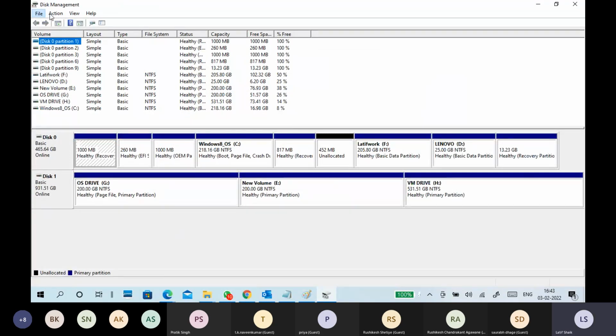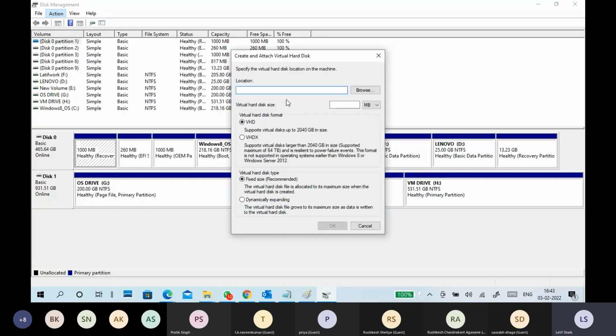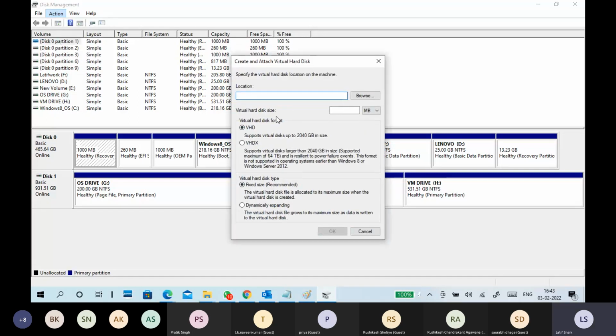Now go to Action, Create VHD, and click. What is the format? VHD or VHDX. Fixed size or dynamically expanding. Here I choose VHDX, change the unit to GB, and create a 10 GB disk with fixed size.